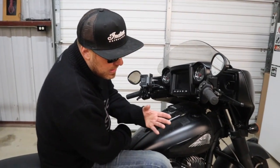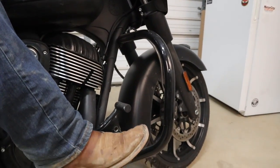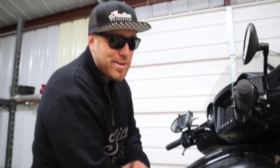One of the last things was the crash bars, or the engine guards as a lot of people call them. No highway pegs on them. And I think most of these motorcycles don't come with highway pegs, but I can tell you after a 4,000 mile road trip, getting my,